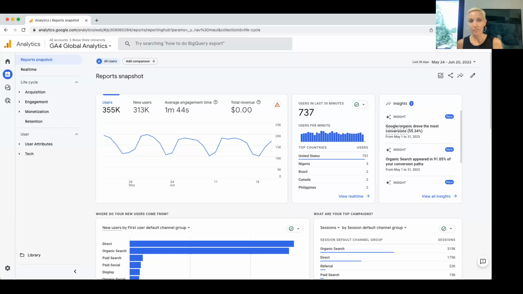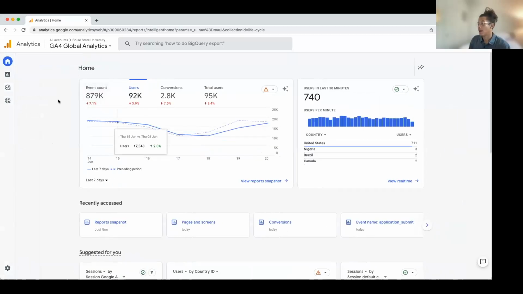GA4, if anybody has already been in GA4, you'll know that there is very limited reporting inside of GA4. There are some canned reports available, and then there's also this section of GA4 called Explorations that allows you to build more custom reports. So he and I are tag teaming today. Isaac is going to walk you through the interface and the general reports that you see by default and guide you through those. Then we'll take a few questions on that, and then we'll hop into the custom reports. So Isaac, I'll let you take over.